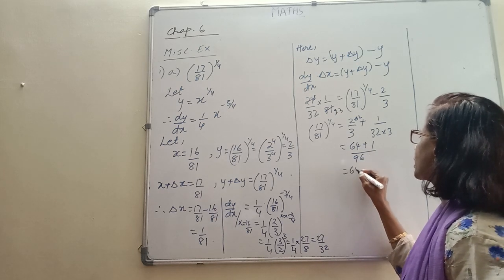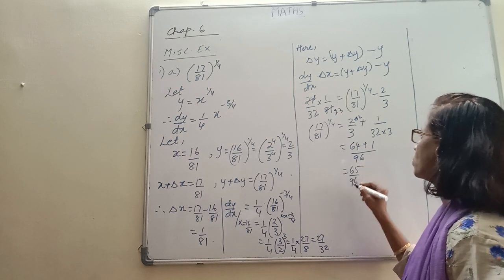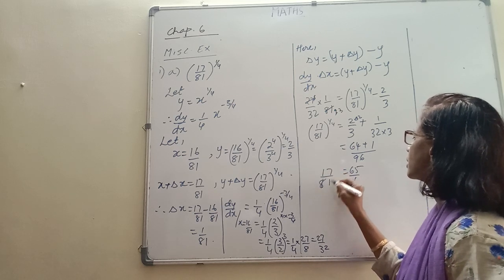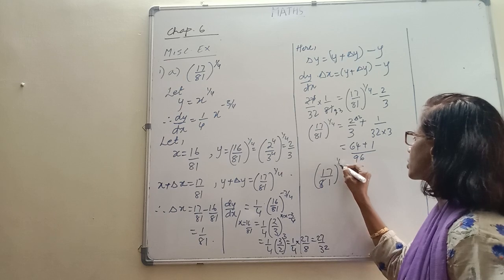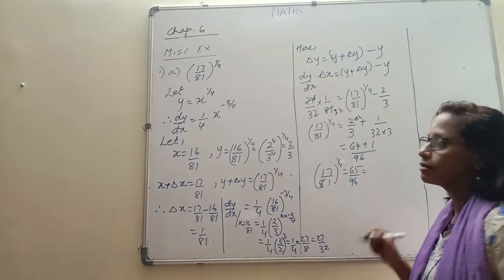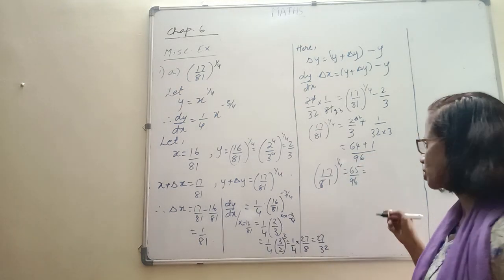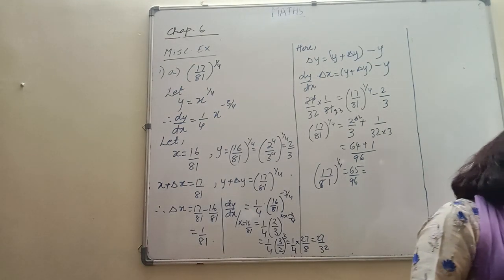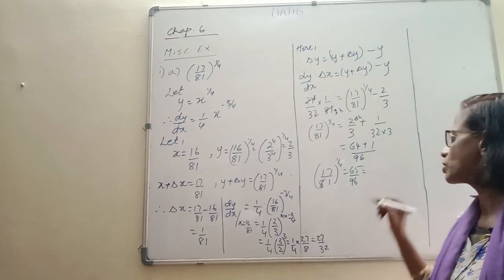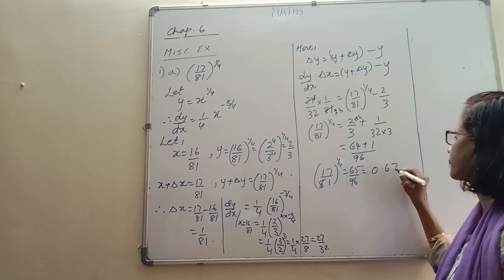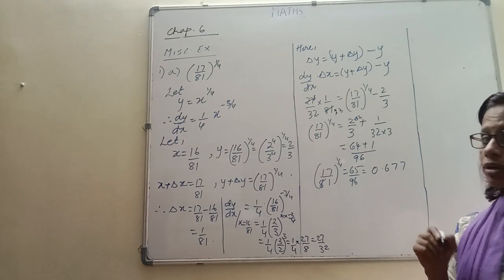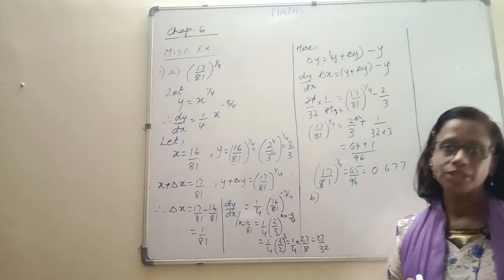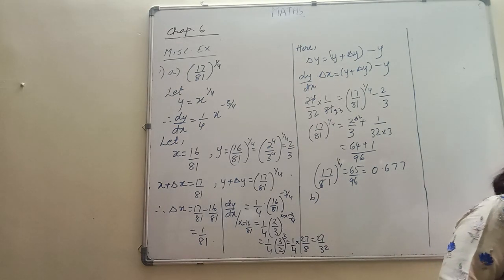So 65 over 96 is going to be your 17 over 81 whole raised to 1 over 4. We can get the division of 65 over 96 and get the answer. When we divide it, it will come to 0.677. That is the value that you get on dividing. Now let's right away go for the B sub question, in which they say that you have